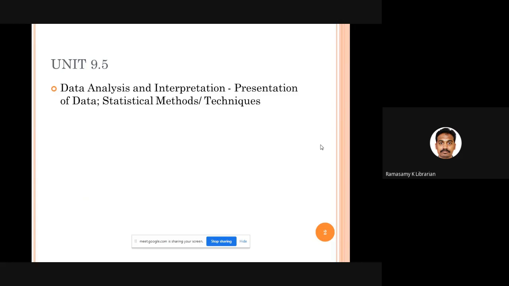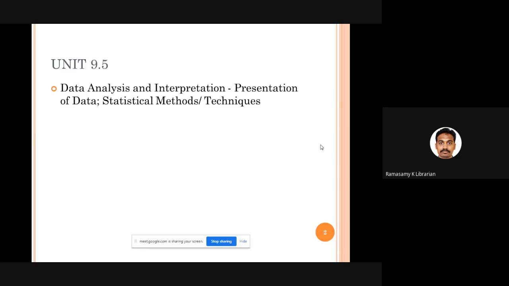Unit 9.5 talks about data analysis and interpretation, presentation of data, statistical methods and techniques. In any kind of research, whenever you are collecting data, you might have collected the data with the help of observation, schedule, interview, questionnaire or any kind of projective techniques, what we discussed in the previous classes.